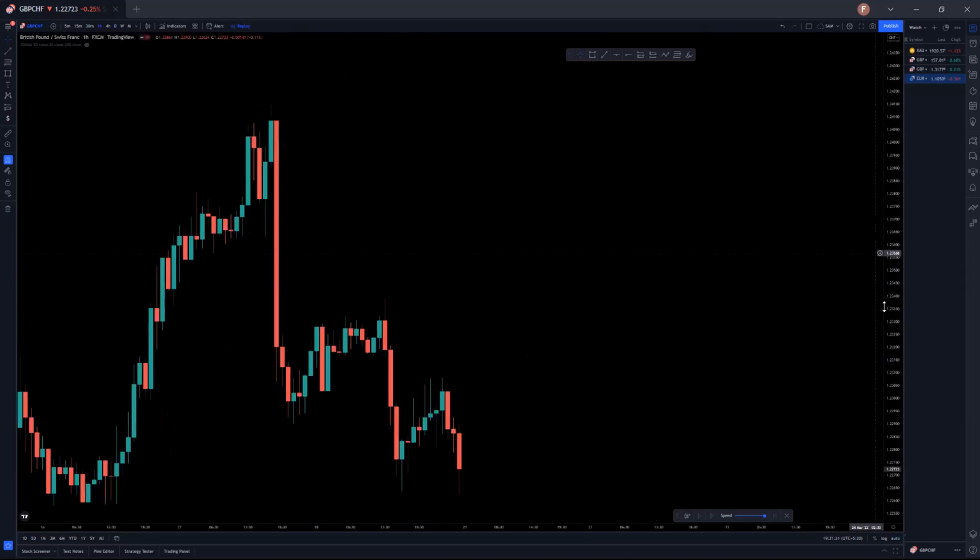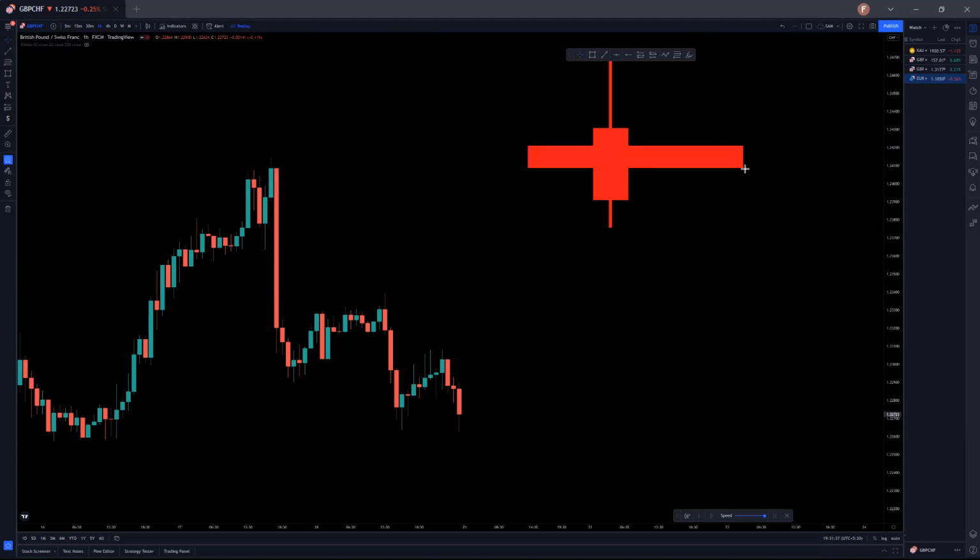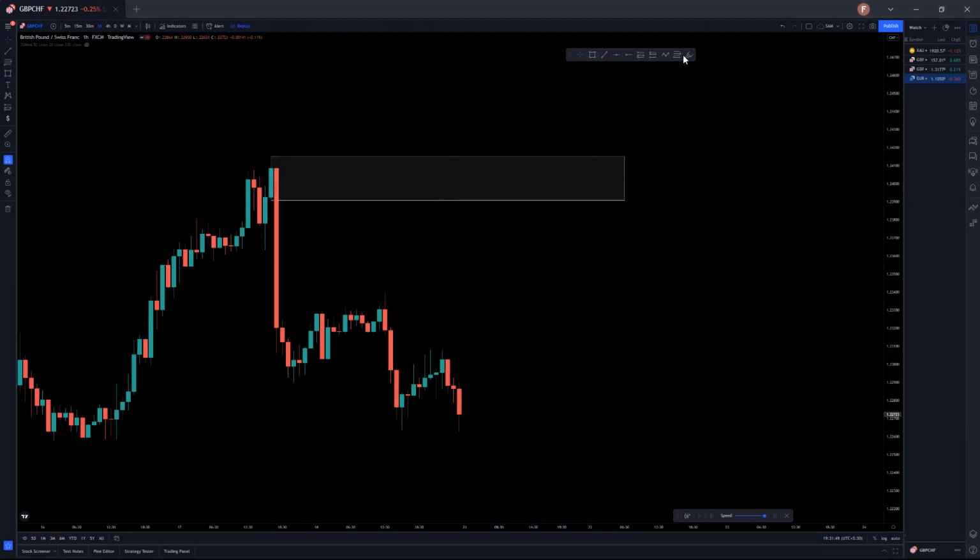Now, as the daily was like this, let me draw it. Daily was, I think, somewhere like this. So we know that price can pull back in this region, or at least till this. So we have to find the POIs in that range only. In this case we don't have any POI, we have only this. But if price goes all the way above, then I think price can also break that.